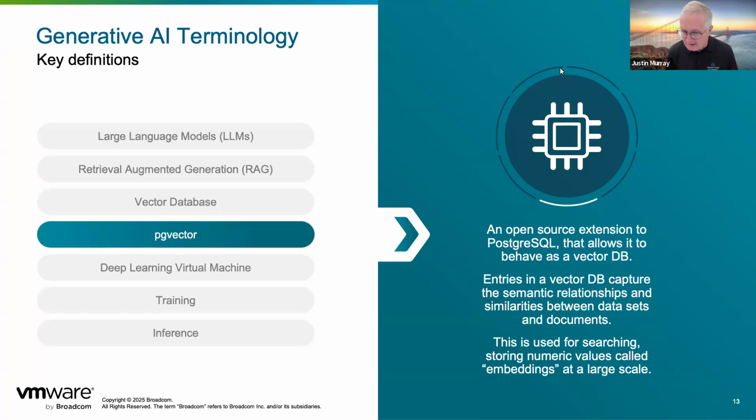The word embeddings is bandied about a lot by data scientists. Embeddings simply means a numerical representation of the words in the document. The numerical representation allows us to find similarities, allows us to find meanings between the different words. And these large language models are manipulating words. In fact, their prime function is generating a new word based on all the previous words in the sentence. So that's what's going on in pgvector. It's providing the vectorization or the embeddings technology to allow you to store your documents in a relational database in this numeric or embeddings form.